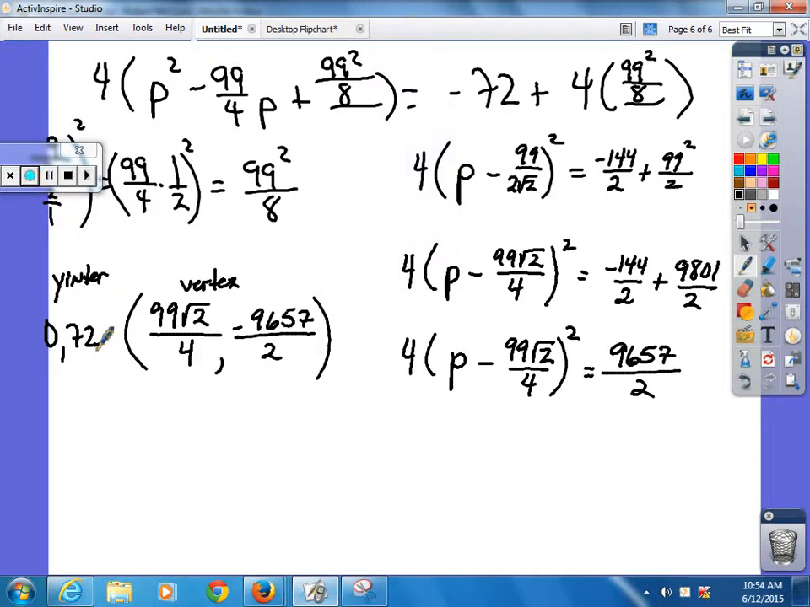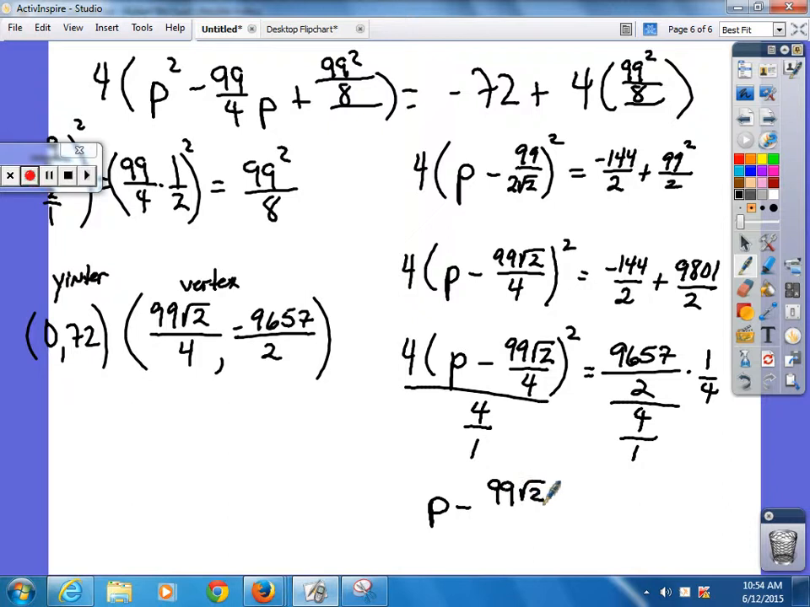No, it wouldn't be, because that 4 is making it skinny, so it'd be way down there. So forget it. 28. Yes, way. I still don't think this is right. 4p. Oh, we'll divide by 4 on both sides. Divide by 4 over 1. Multiply by 1 over 4. That'll give me p minus 99 square root of 2 over 4 raised to the second power is equal to